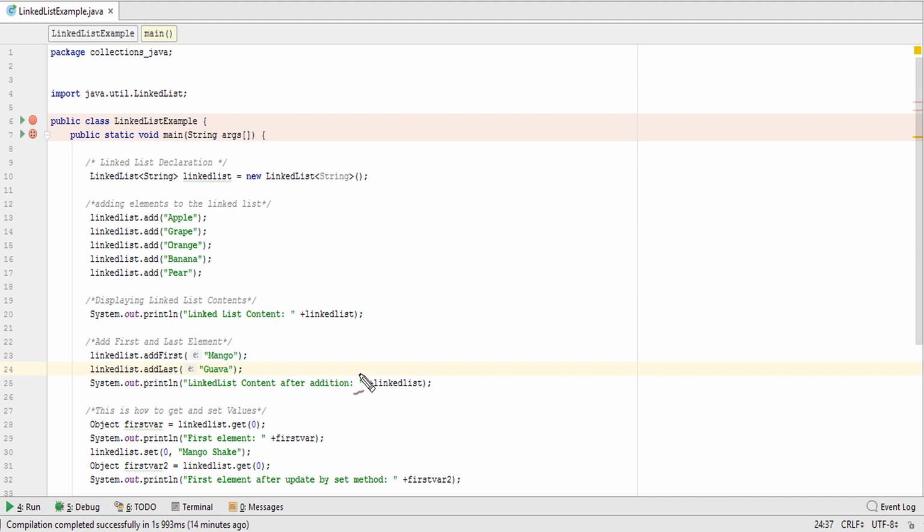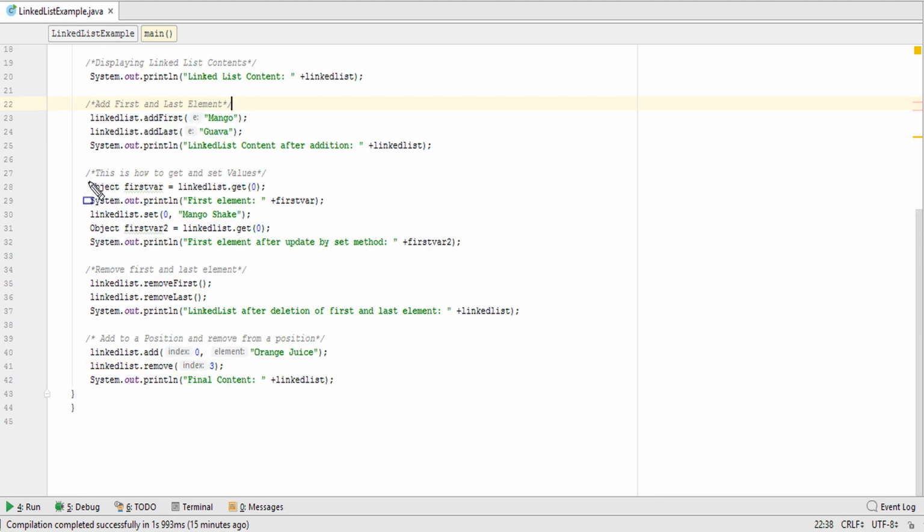Okay, so after that, with the help of this line, we get the values: linked list dot get. What is linked list? Linked list is the object we have created for the list. So linked list dot get 0 will fetch the value of the linked list at index 0.